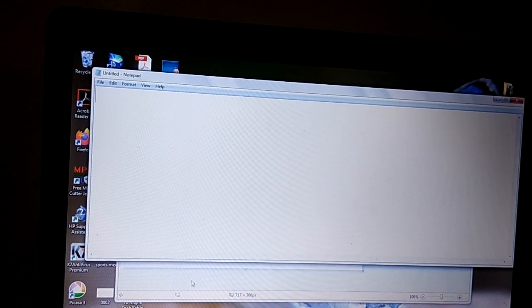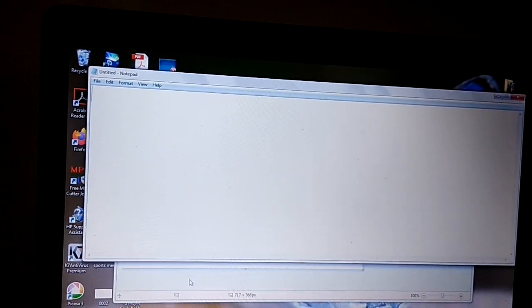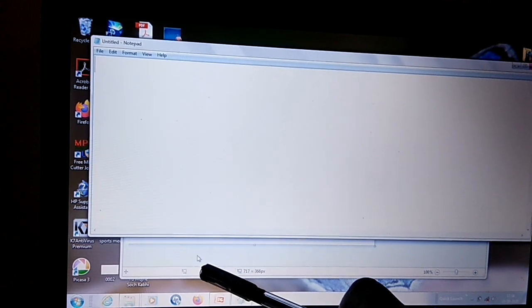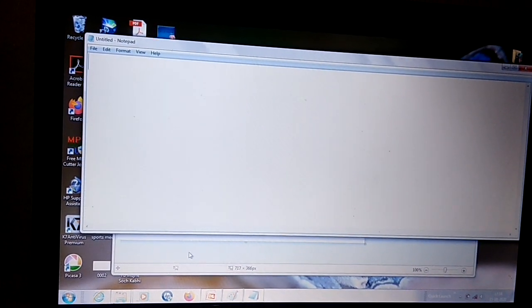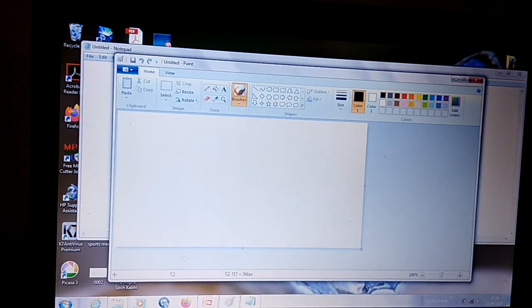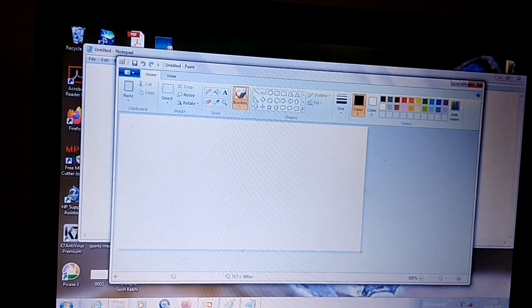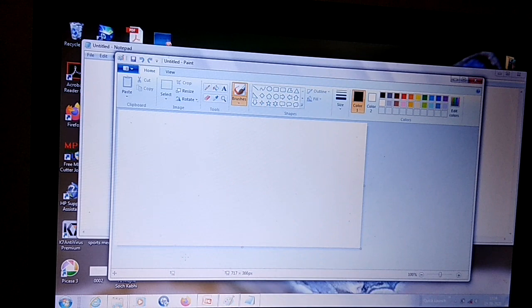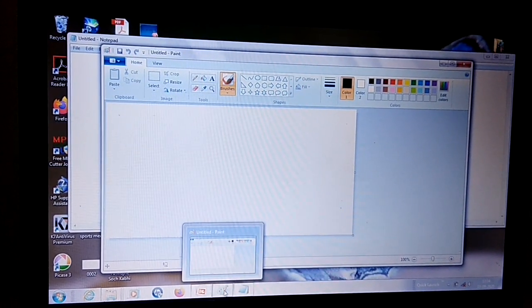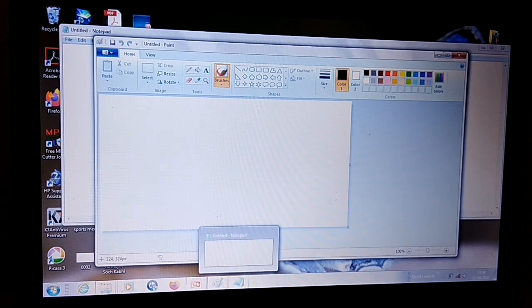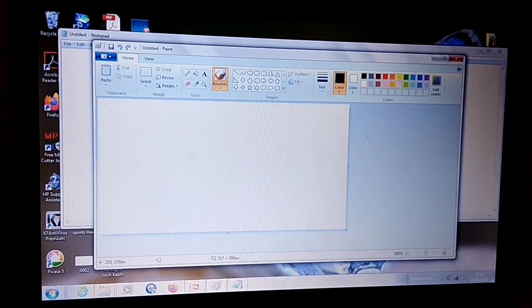Now this is a Paint program window and my mouse pointer is here, this one. Place your mouse pointer on the Paint program window and click on it. Now again the window appears in front of all other windows. This is the second method. The first method is to click on the taskbar for the particular icon, and the second method is to directly click on a program window.